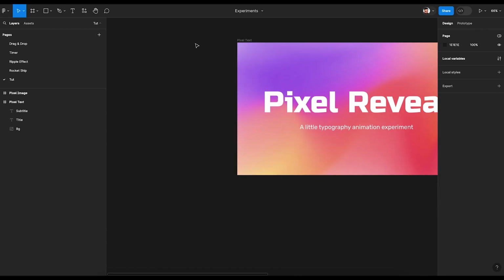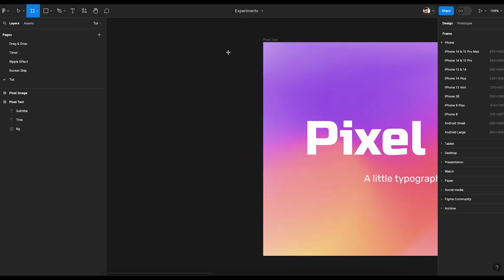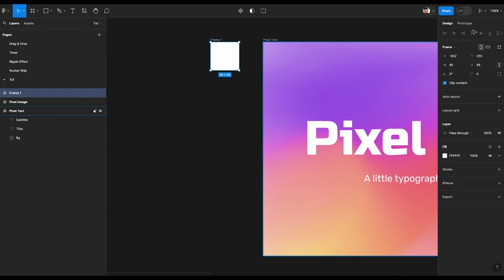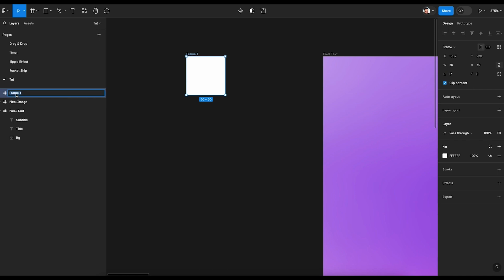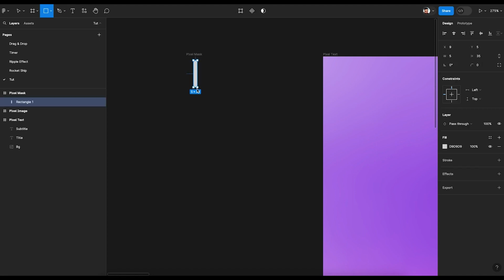With our pixel effect first, let's just take the frame tool and draw a frame. Let's make it 50 by 50. Make sure to lock the dimensions here and let's zoom in a bit and rename it to maybe pixel mask, and let's remove the background. Let's take our rectangle tool, draw a rectangle here. Height should be equivalent to the parent 50, width can be 1 pixel. Let's align it to the left and top,